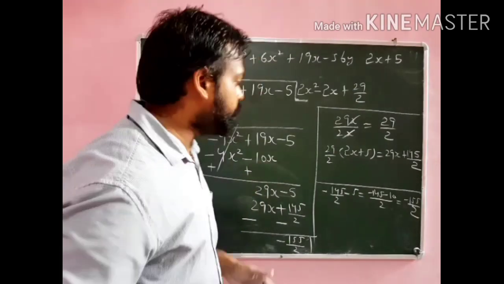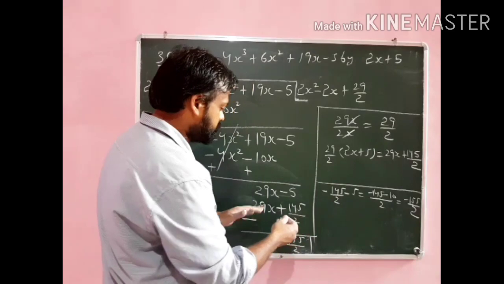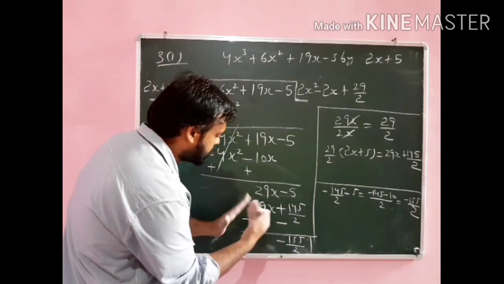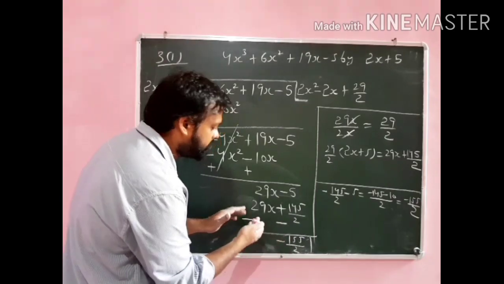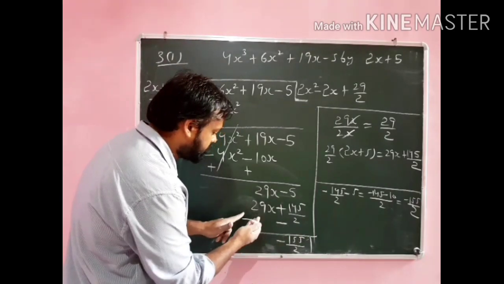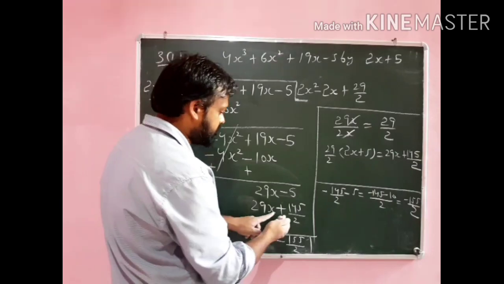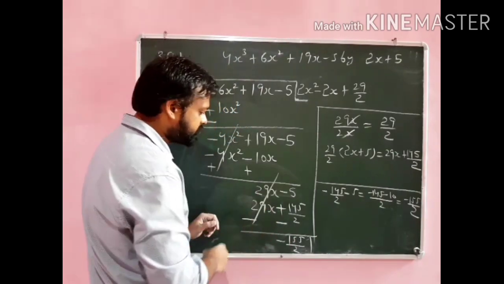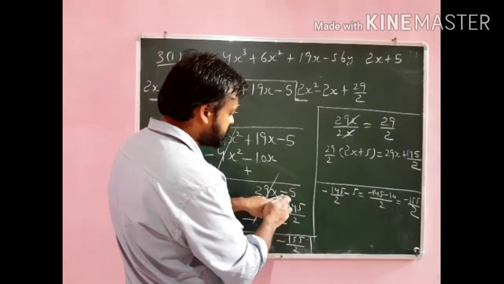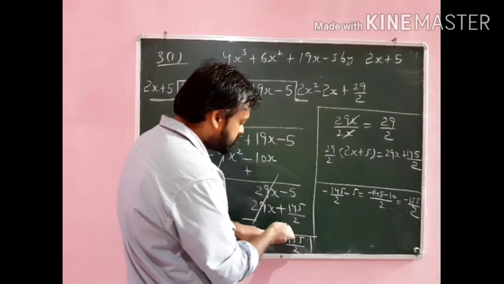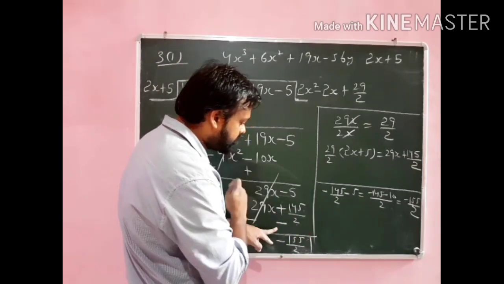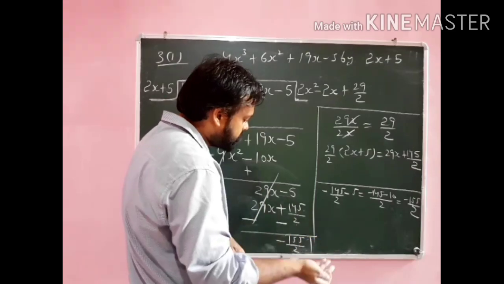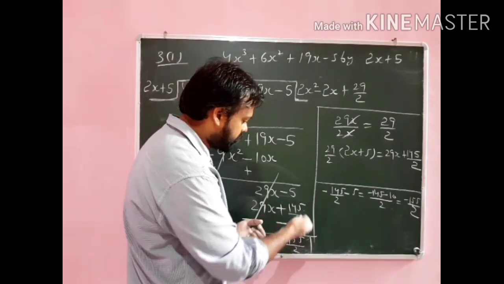Clear? Okay. Now you can see we have to subtract the values now. While subtracting, we have to change the sign. This 29 is a positive sign, so it will become minus, and this plus also becomes minus. So again these two terms of opposite sign are cancelled out with each other. Now you can see this is minus 5, and also this is minus 145 over 2. Now the minus minus will become plus. So it means we have to add these terms.